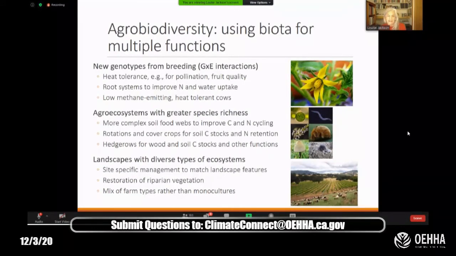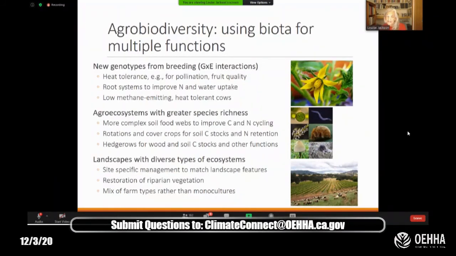At the ecosystem level, a fair amount of initiatives have to do with soil. More complex soil food webs will improve carbon and nitrogen cycling. Here are some pictures of the kinds of creatures you get to see looking through the microscope at soil. So for example, if cover crops and compost are used in a cropping system, having a more complex soil food web will keep more of those nutrients in the soil cycling to meet plant demand than a more depauperate soil food web.